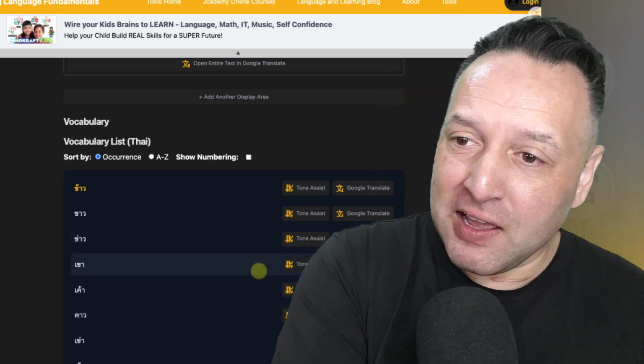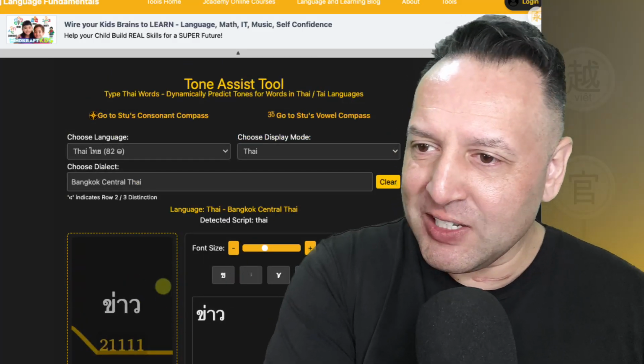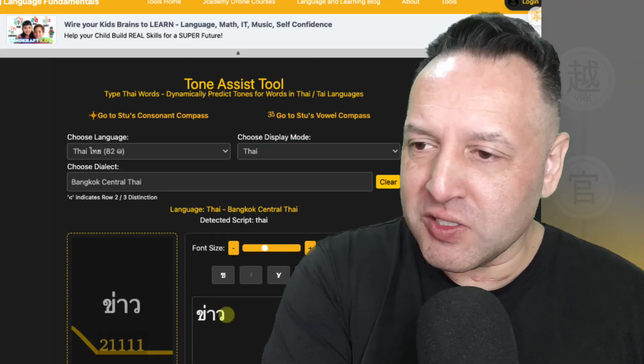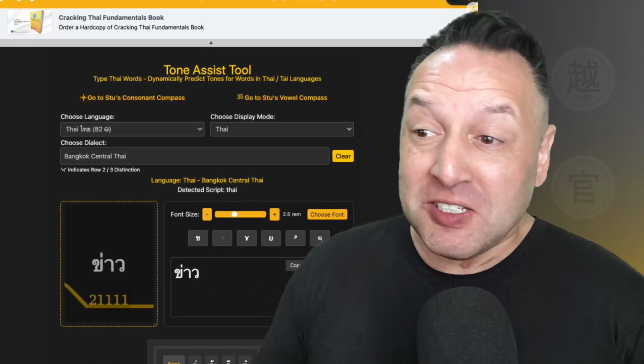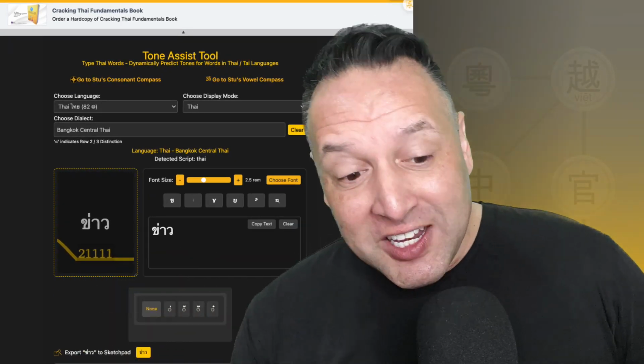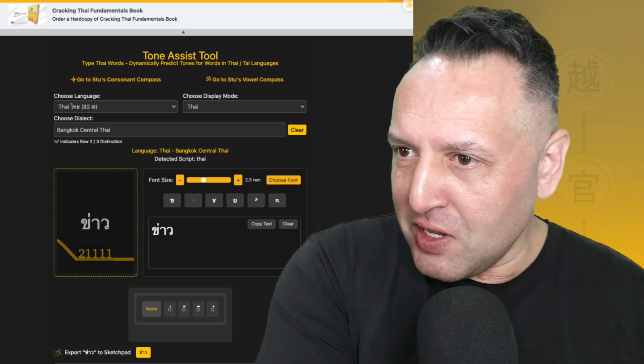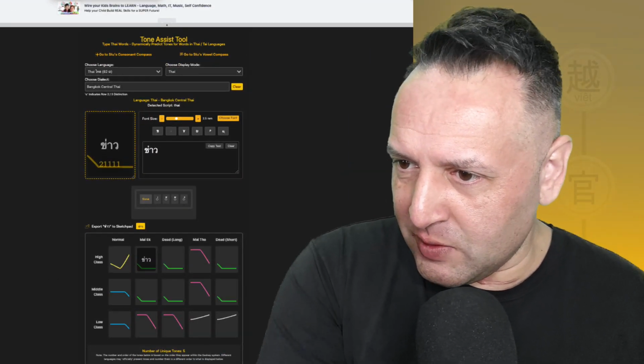And again, I have the buttons here so you can click the tone assist and it will show you exactly what the tone is from the tone assist. So that seems awesome already, isn't it? We've been able to take it, parse the words out, put them in, see what the translations are, see how it sounds, but it gets even better. Have a look at this. If I just zoom out a little bit here.